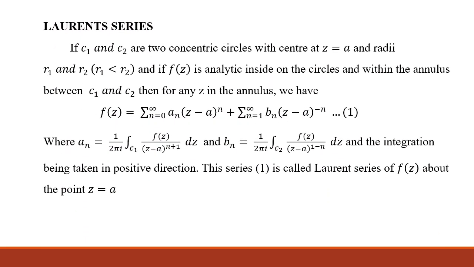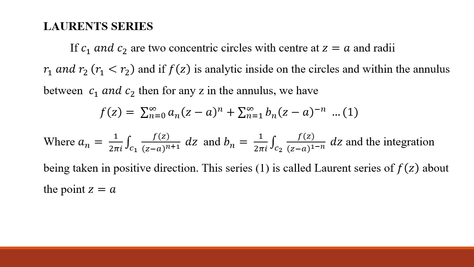The definition of Laurent's series is: if C1 and C2 are two concentric circles with the center at z equal to a and radii r1 and r2, where r1 is less than r2, and we consider the function f(z) which is analytic inside and on the circles and within the annulus between C1 and C2, then for any z in the annulus we have f(z) equal to summation n equal to 0 to infinity a_n (z minus a) to the power n plus summation n equal to 1 to infinity b_n (z minus a) to the power minus n,